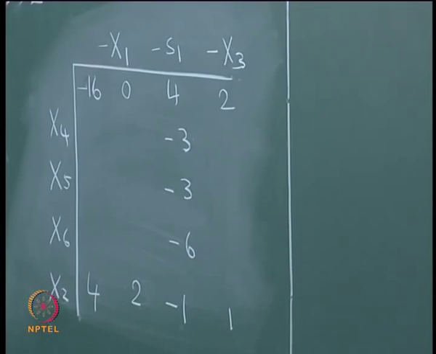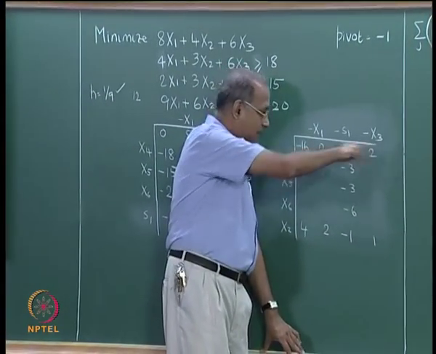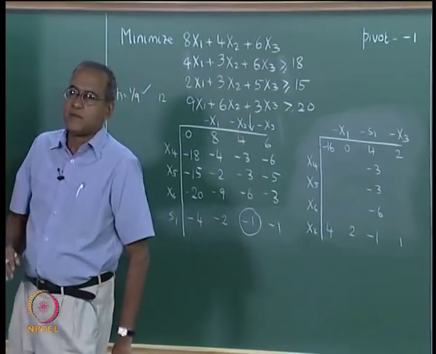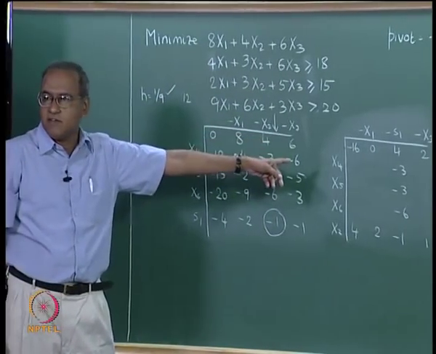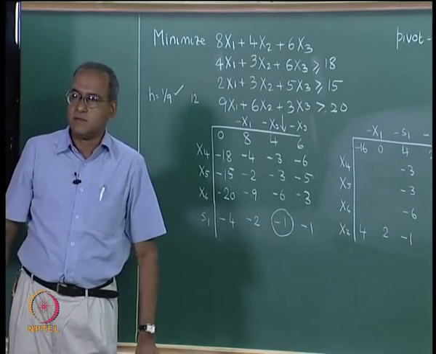So, at h is equal to 1 by 6 I can proceed just as I can proceed with h is equal to 1 by 9. It is still dual feasible, it has not become negative. One of them has become 0, we will talk about it, but it has still not become negative. So, h is equal to 1 by 6 is acceptable as far as we are concerned.